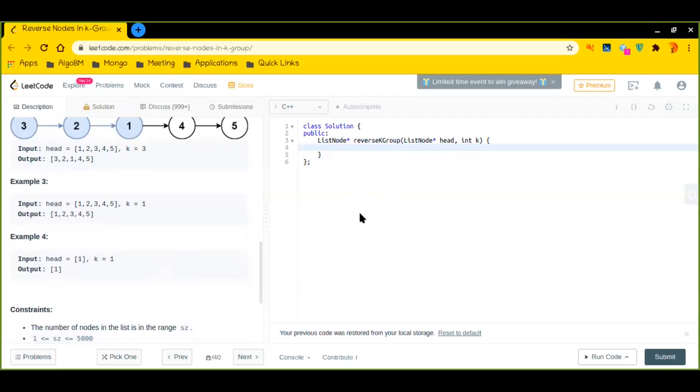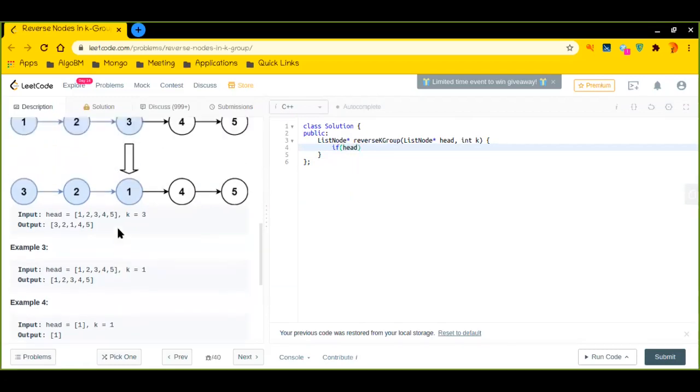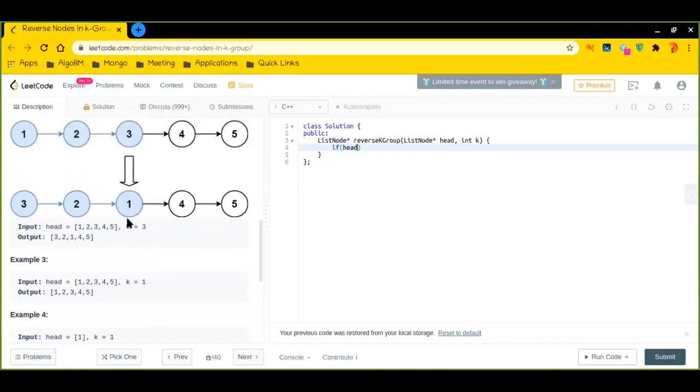So for that we have to be very clear about where our function should stop, right? The very quick, very easy base condition is that whatever head we are given initially is null. That means we do not have any linked list. So when we see that the head is null, we can return null. We should not do anything, because it is null initially, or at any particular state I see that we do not have any head. In that case, we should return null.